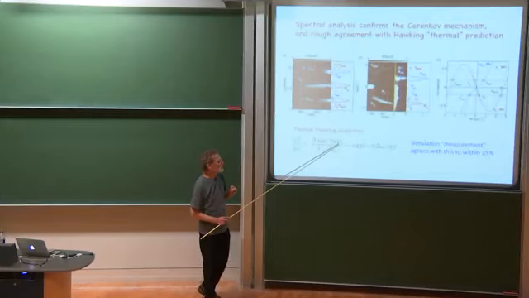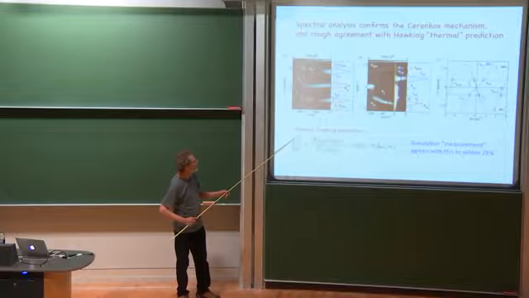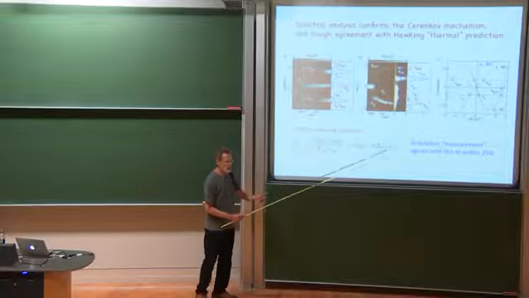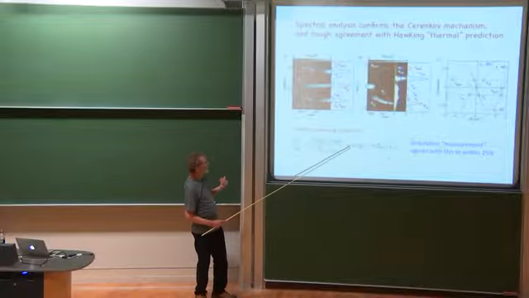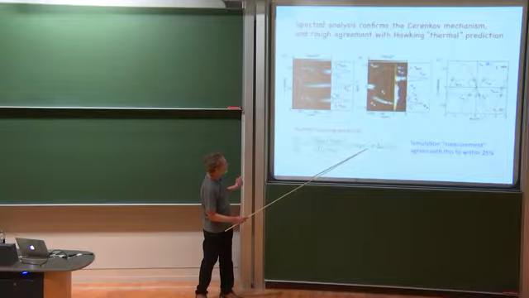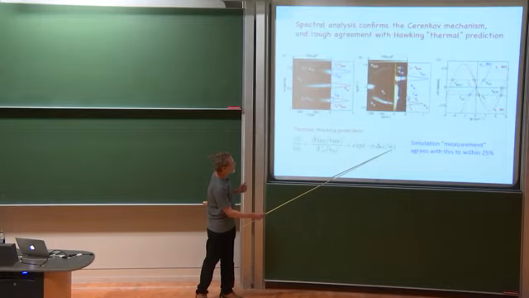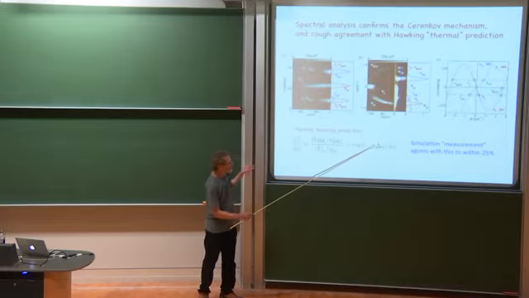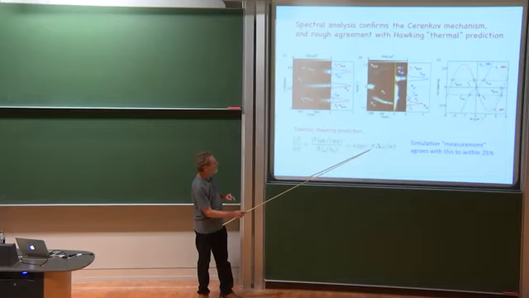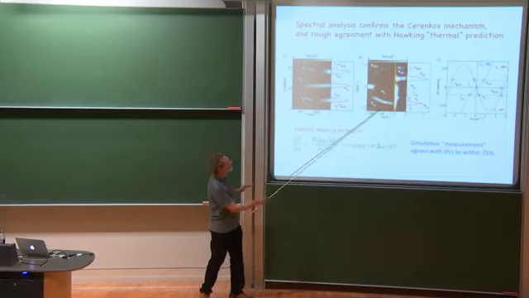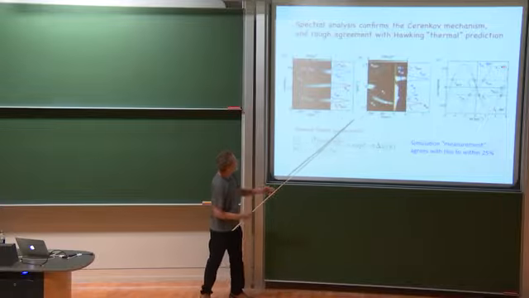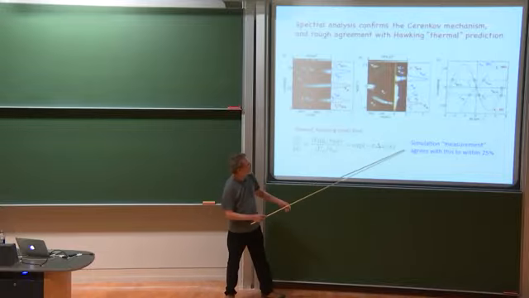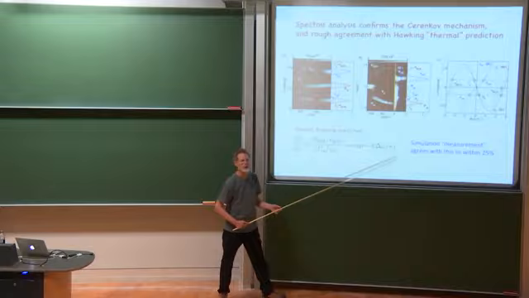And we checked the Hawking prediction for the ratio of the amplitudes of the outgoing waves to the ingoing partner waves. And that, according to the thermal prediction, should have been exponential of minus pi over kappa times the frequency. Delta means relative to the background frequency. And then we measured in the simulation this ratio of those two modes, and it agreed with the thermal prediction to within 25%.